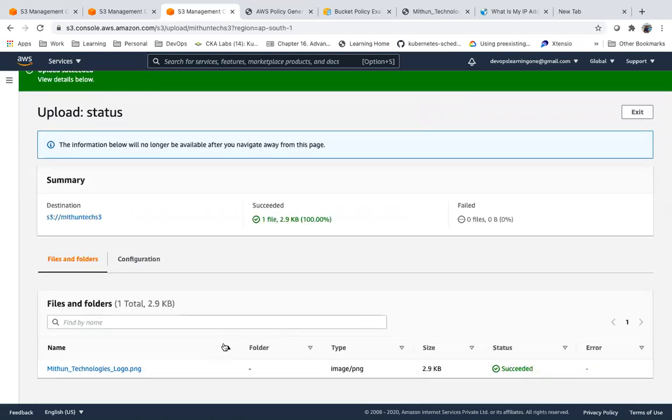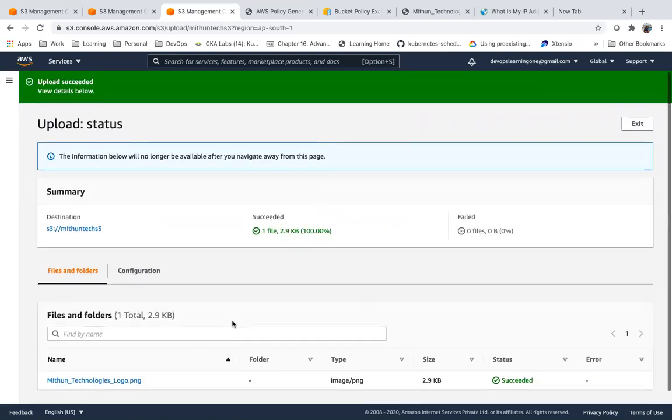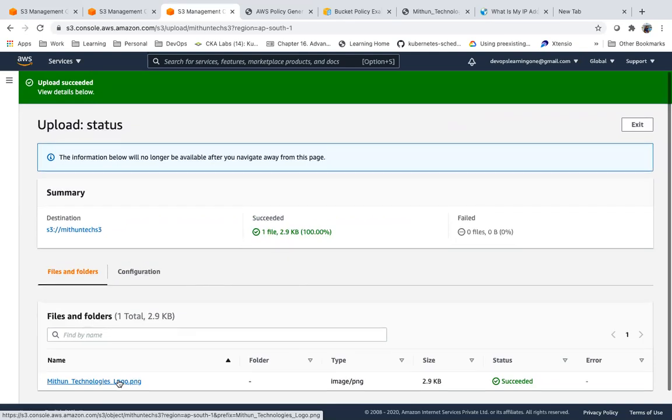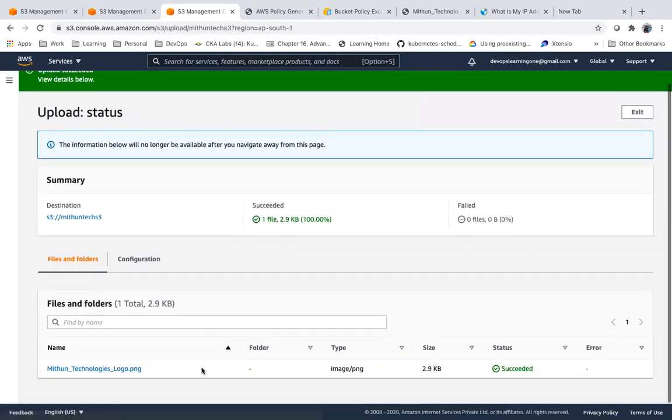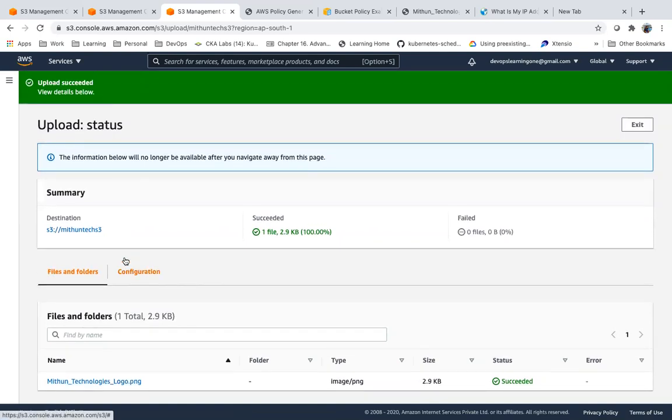Here also by default the object will be replaced. By default, you don't have versioning enabled. So if required, we can enable versioning in S3.